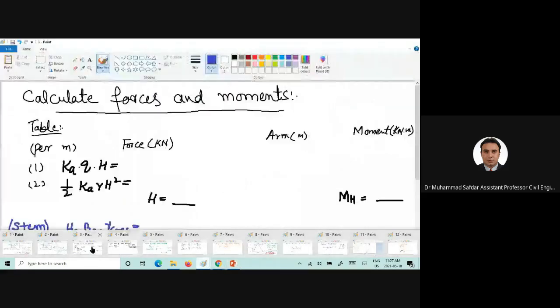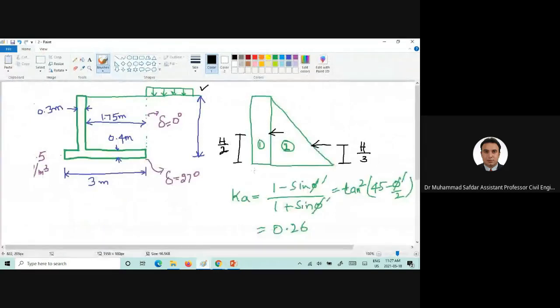Now the surcharge pressure is 10 kilopascal. Now the height of this retaining wall is 5.40 meter. So what would be the value of the horizontal force which would be exerted by that surcharge pressure? The value of Ka, or the lateral earth pressure coefficient in active condition, because delta is 0 here,